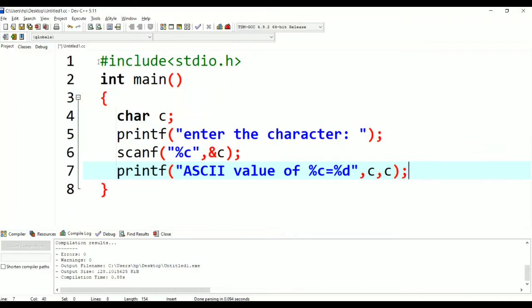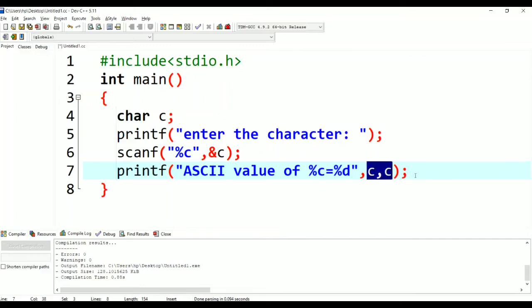Why have I used c comma c, and why have I given %c equal to %d? Question yourself, then you will be able to get the answer. What is the meaning of this line, of %c equal to %d, and of c comma c?